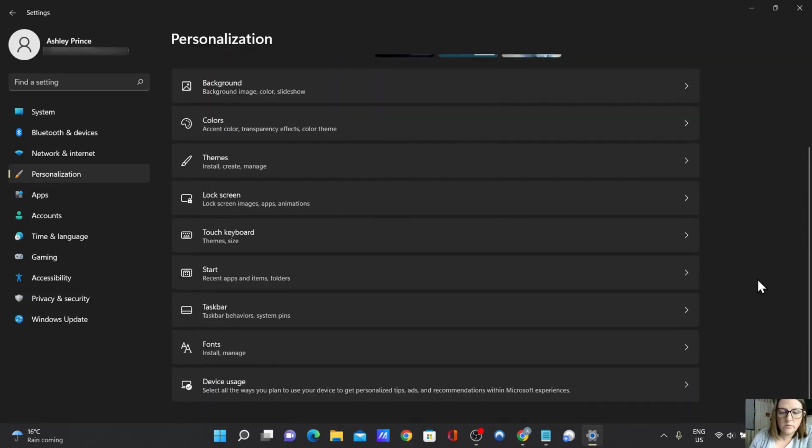You can do the touch keyboard, the themes and the size, the taskbar, what you would like to do with the taskbar, those kinds of things, and then fonts. You can install and manage fonts if you'd like to do that as well. And then if you go over to the widget area,